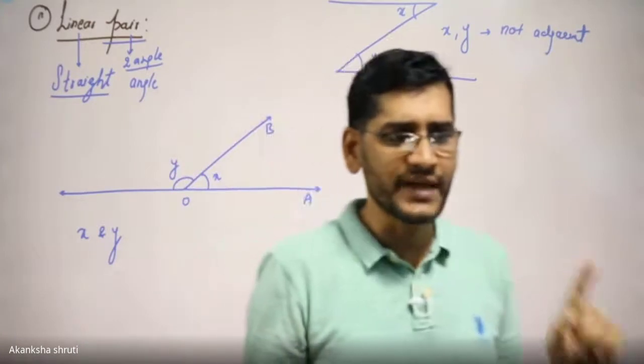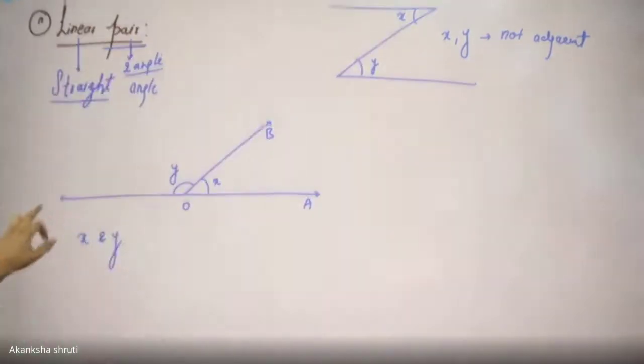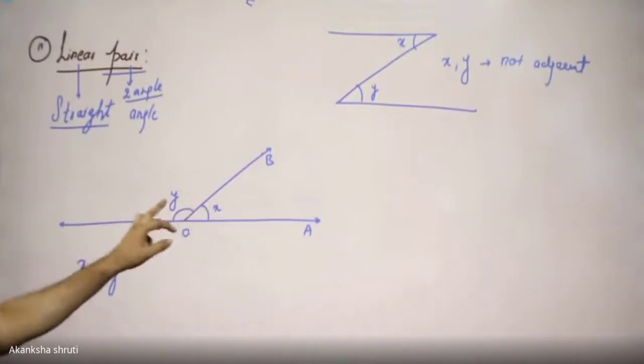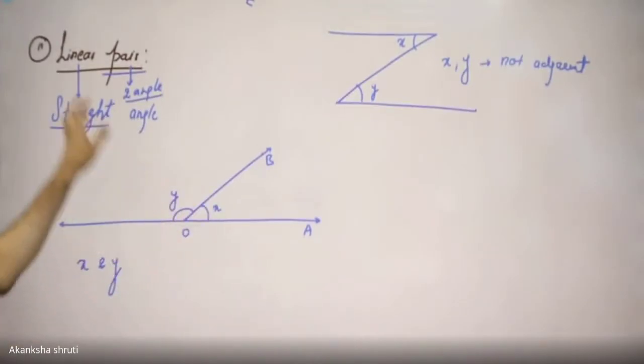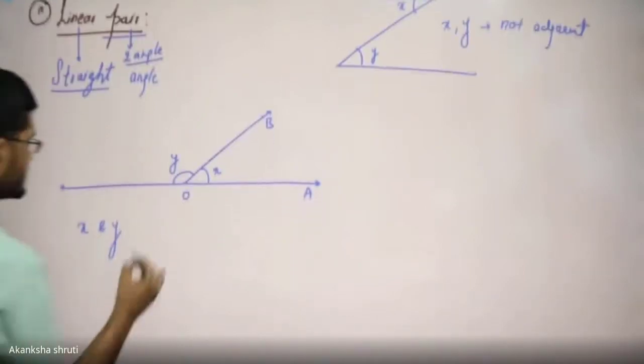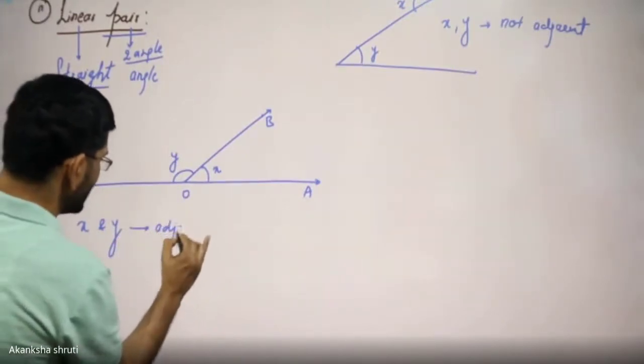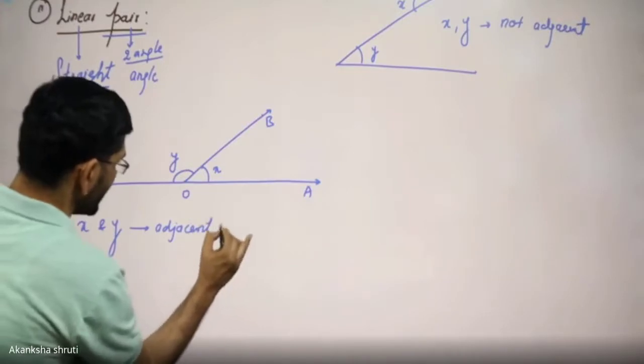Also their sum is 180 degree. So such an adjacent pair or adjacent angle whose sum is 180 degree is called a linear pair. So they are the adjacent angles,